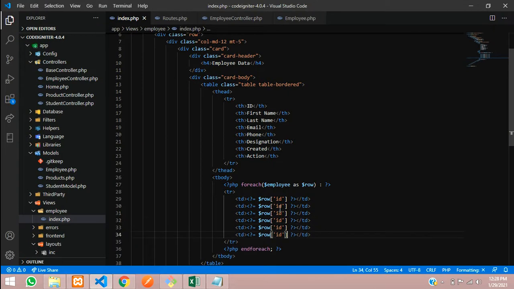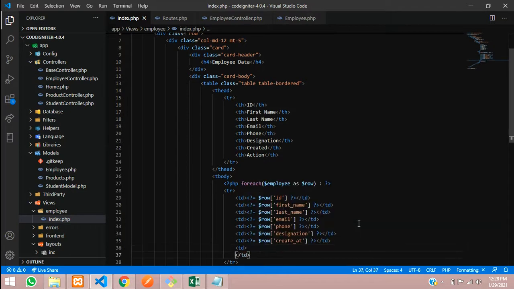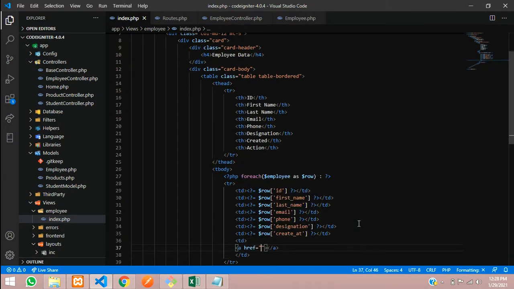Copy, paste, paste, paste, and then just type first underscore name, all the column names of your database. So last name, and then email, phone, designation, same, and created underscore at, and then one final thing which will be a td, where you can access those for edit and delete.